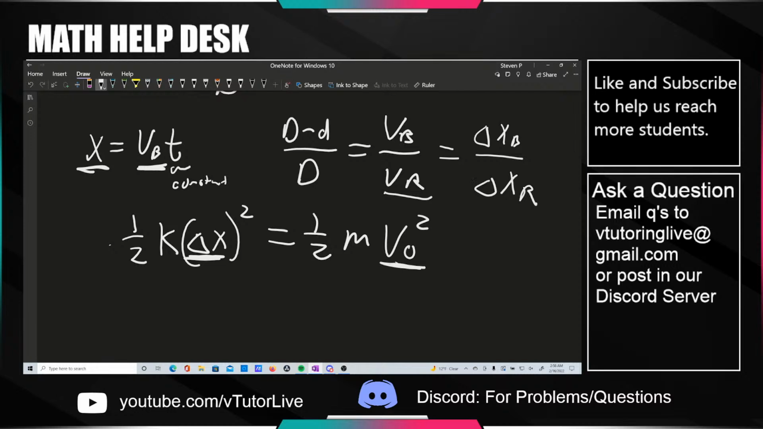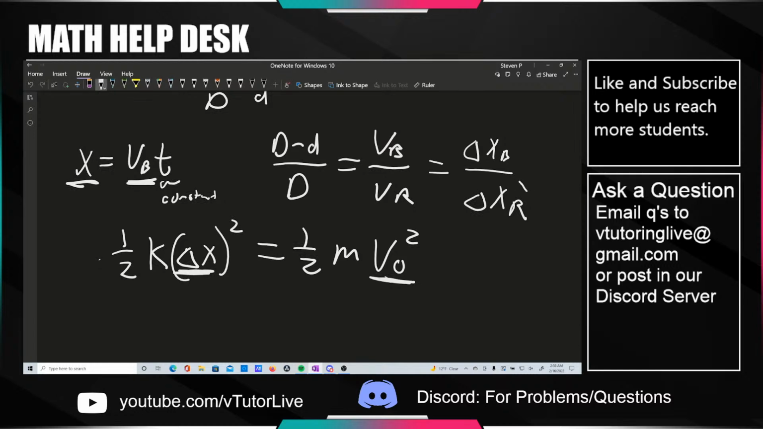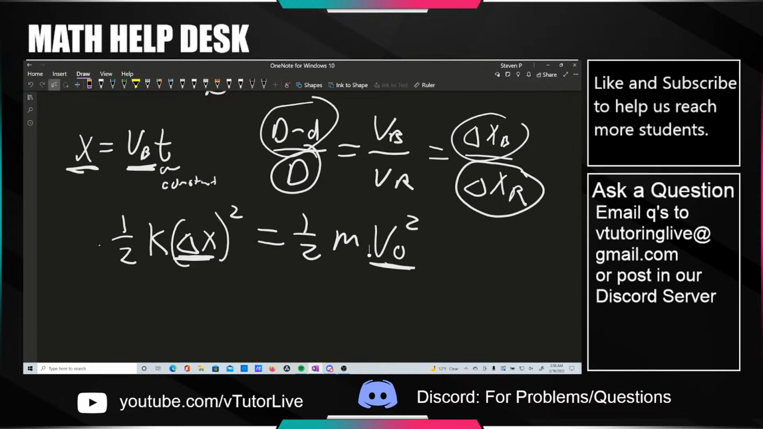But this might make intuitive sense to you, or it might not. But for those that do, great. You can finish the problem off by solving for delta xr, because you know delta xb, d minus t, and d. But if you need a little bit more justification, you can just kind of,